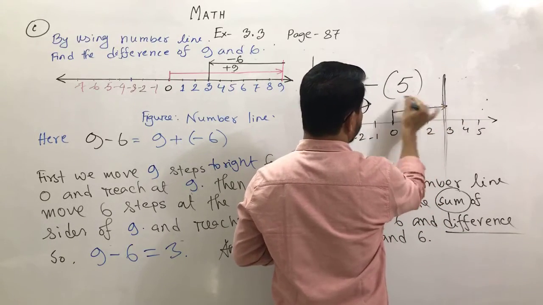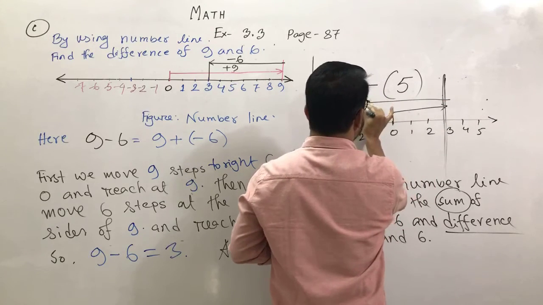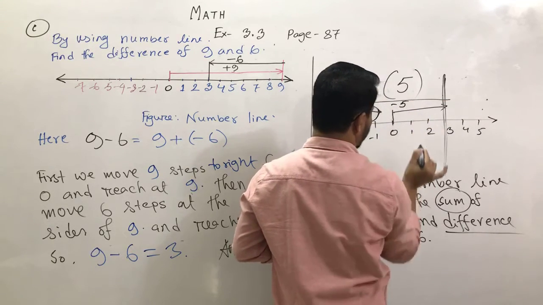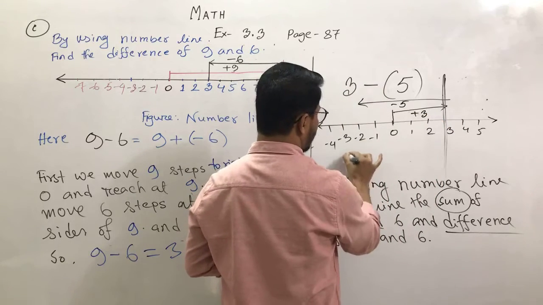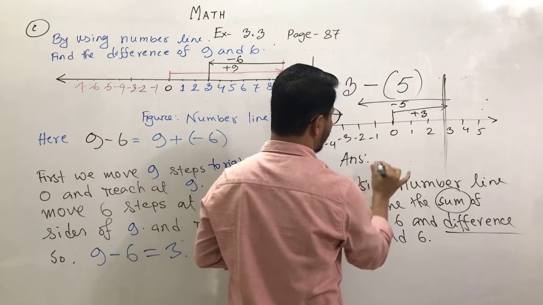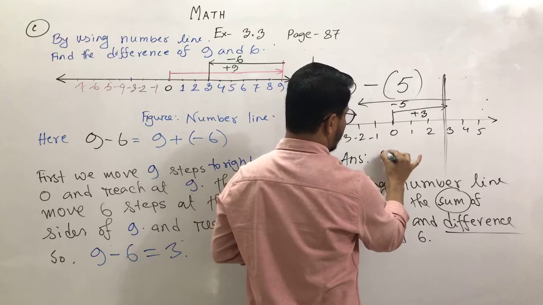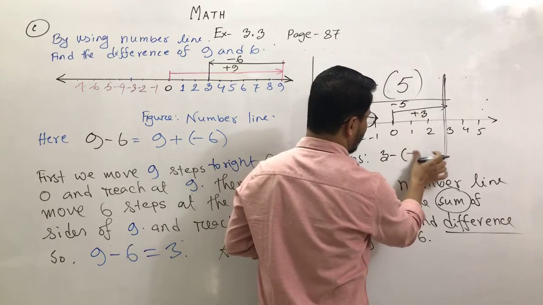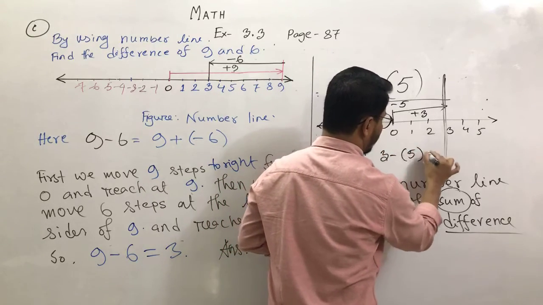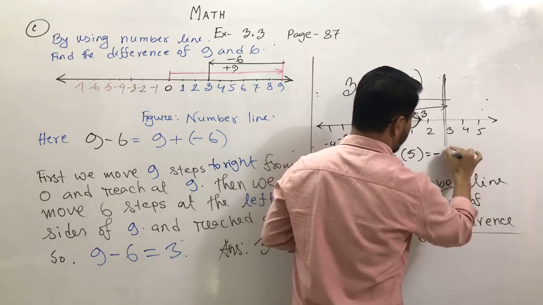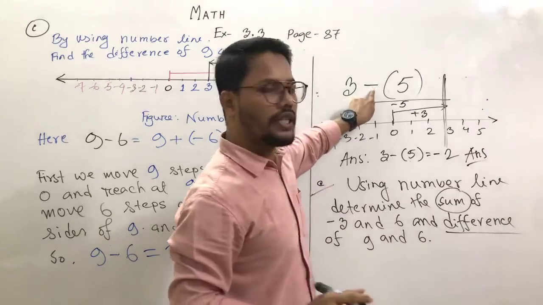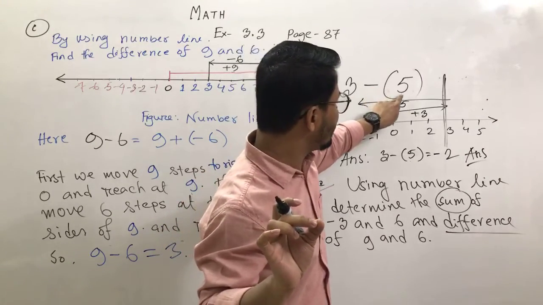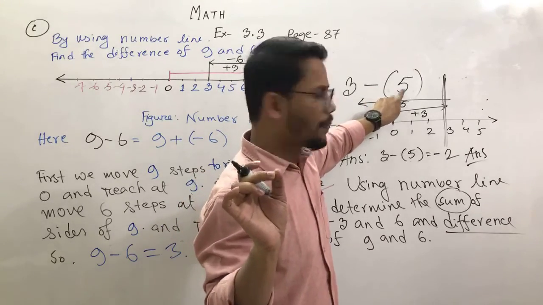তাহলে রাইট সাইডের নাম্বার হচ্ছে 5, তাহলে তার অপোজিট হচ্ছে -5। তাহলে আমরা -5 স্টেপ এখানে চলে আসব। -5, this is -5, this number is +3. Now the complete answer: the second line completed at -2. So the answer is 3 minus 5, 3 minus 5 equals -2. This is our answer. শুধু এইটুকু মনে রাখো, যদি ডিফারেন্স বের করতে বলে তাহলে এটার অপোজিট নাম্বারটি আসবে।